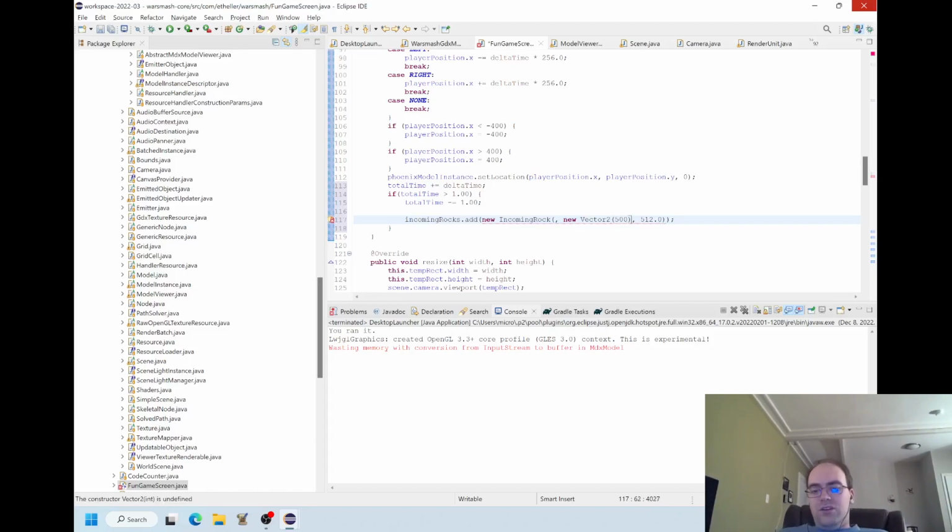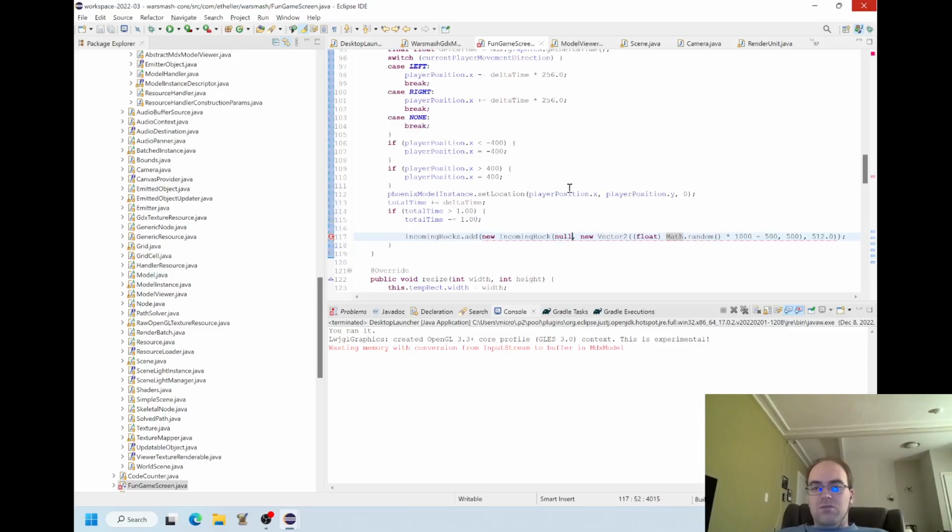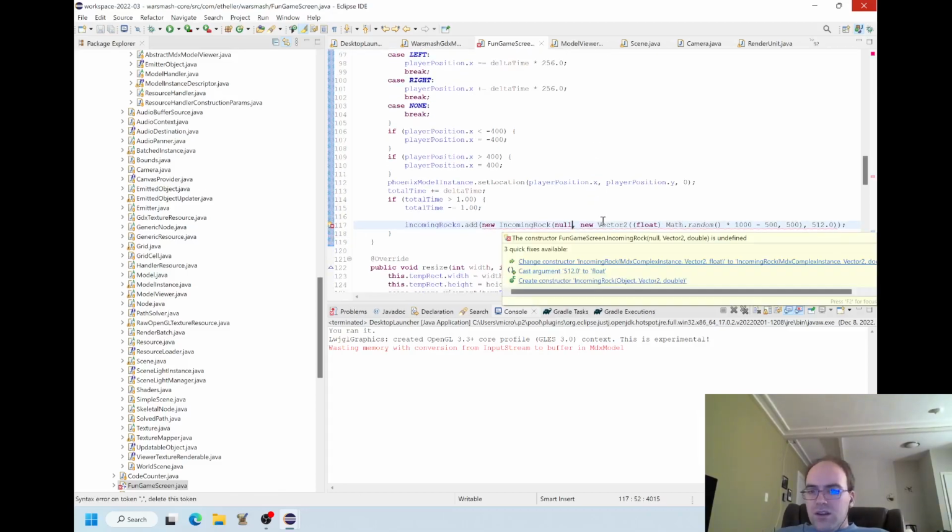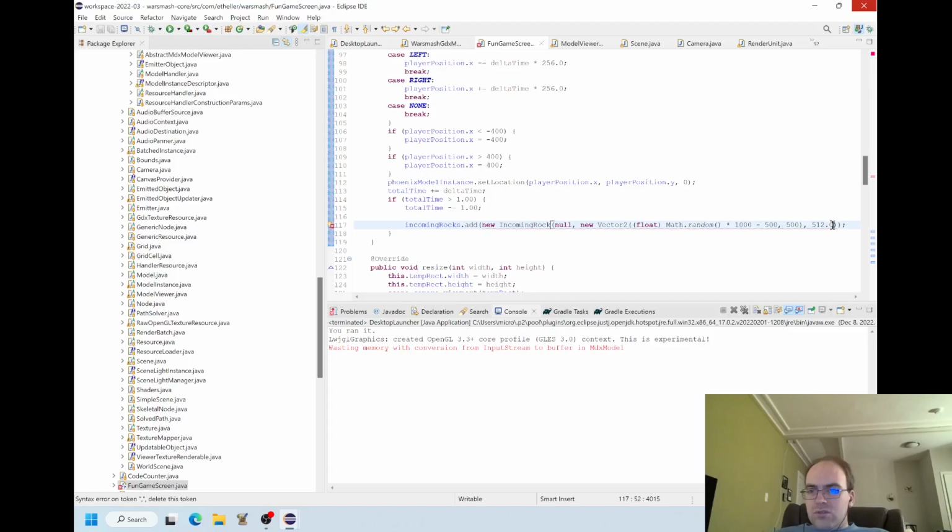But what is the x coordinate? The x coordinate could be a random number. So we're going to be randomly on the top of the screen somewhere. For that, we want a range of negative 500 to 500. So we should be able to say math random times 1,000 minus 500. That basically defines that. It is probably going to tell me this needs to be a floating point, not a double precision floating point. But again, the hardest part is going to be the model instance of the incoming rock. And I'm not quite sure. I needed to make sure that thing was a floating point too.